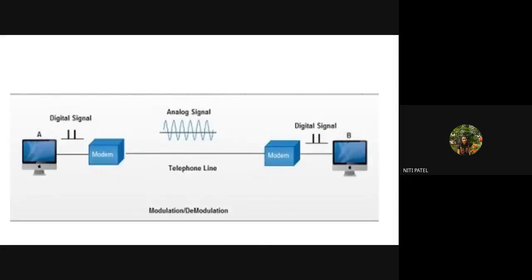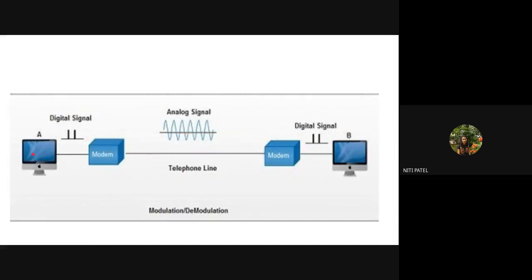So we had seen this diagram that there are two computers, A and B, communicating. Both of them have a communicating device, a modem, with them. The modems are connected via a telephone line. Since it is a telephone line, it is going to understand only analog signals, whereas computers A and B understand only digital signals. Therefore, the conversion of digital to analog and analog to digital is done by this modulating device.